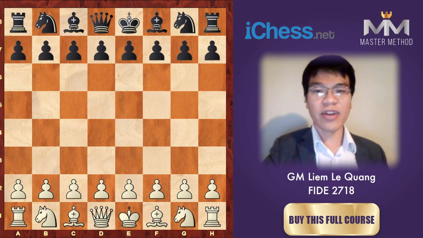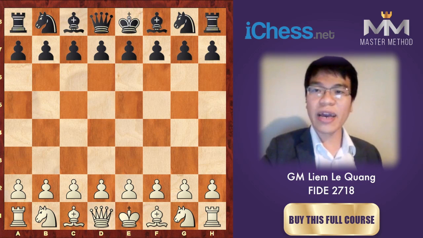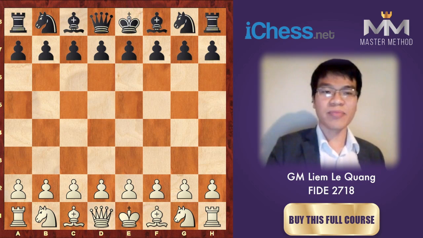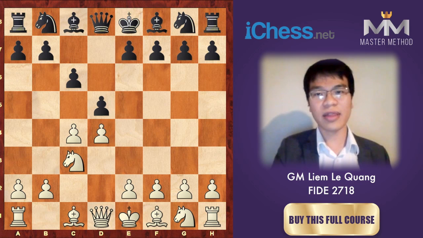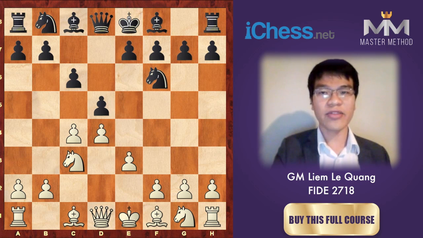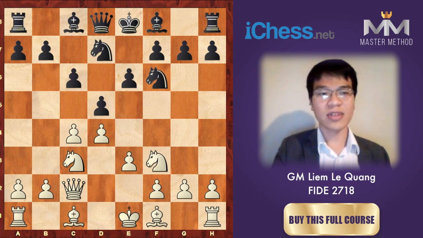Now we will look at another game. This is my game against Grandmaster Harikrishna from India in 2009. The game started as a Semi-Slav opening, d4, d5, c4, c6, knight c3, knight f6, e3, e6, knight f3, knight bd7, queen c2,